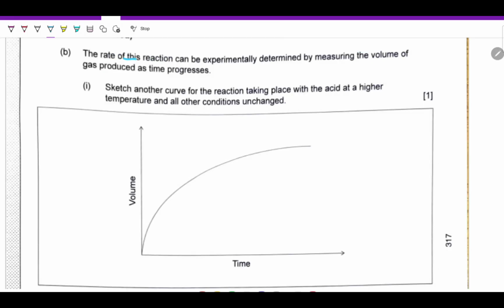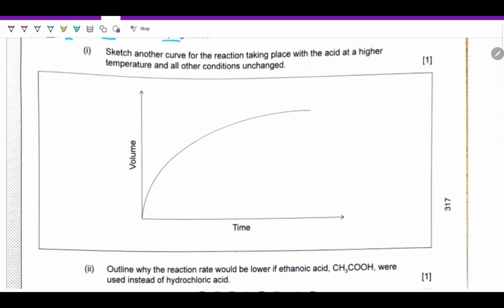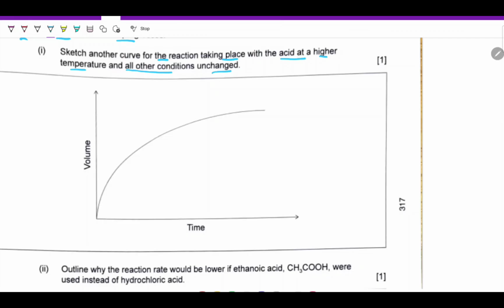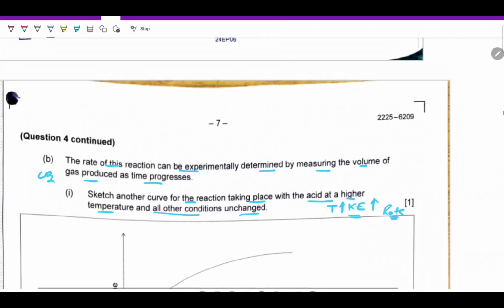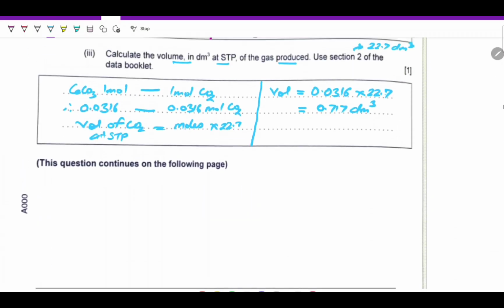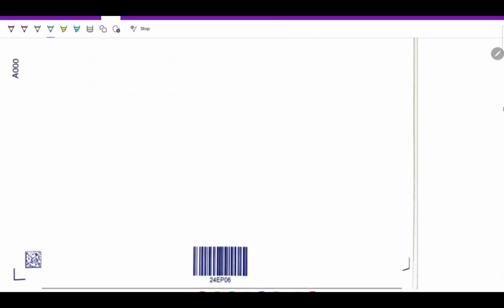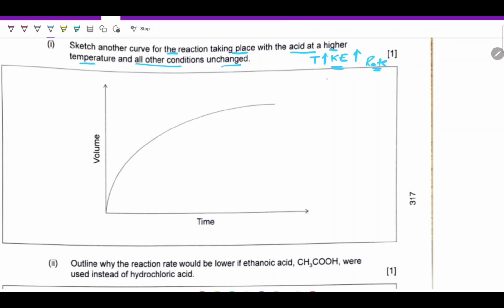The B part: the rate of this reaction can be experimentally determined by measuring the volume of gas produced as time progresses. That is the volume of the CO2 gas. Sketch another curve for the reaction taking place with the acid at a higher temperature and all other conditions unchanged. Okay. So what I'm doing is increasing the temperature of the acid, and as I know, when the temperature increases, the kinetic energy of the particles will increase. Hence, the rate will increase. Therefore, more volume of this gas will be produced in less time. But since CaCO3 is the limiting reagent,